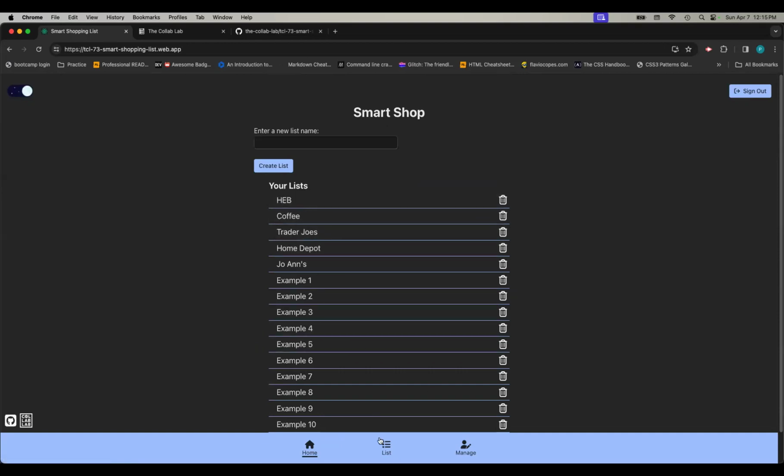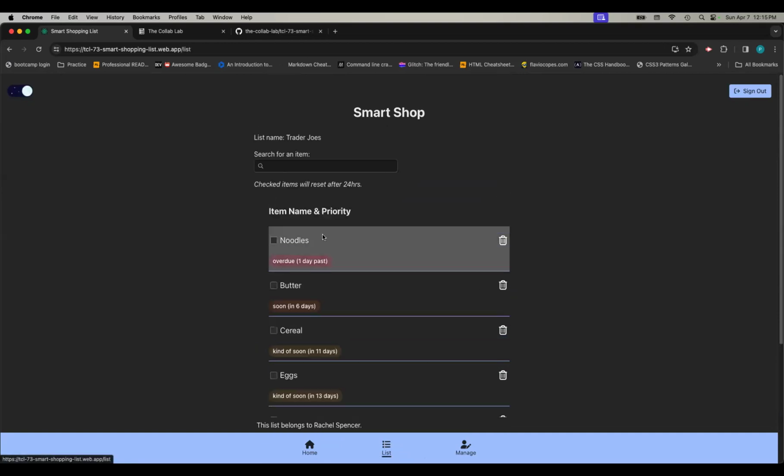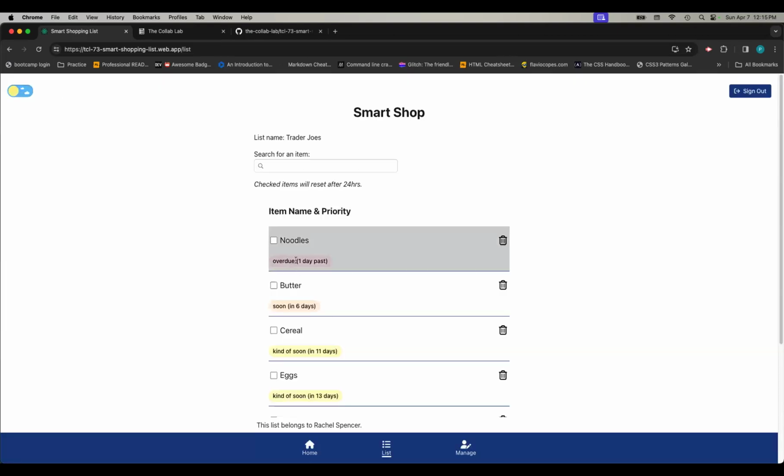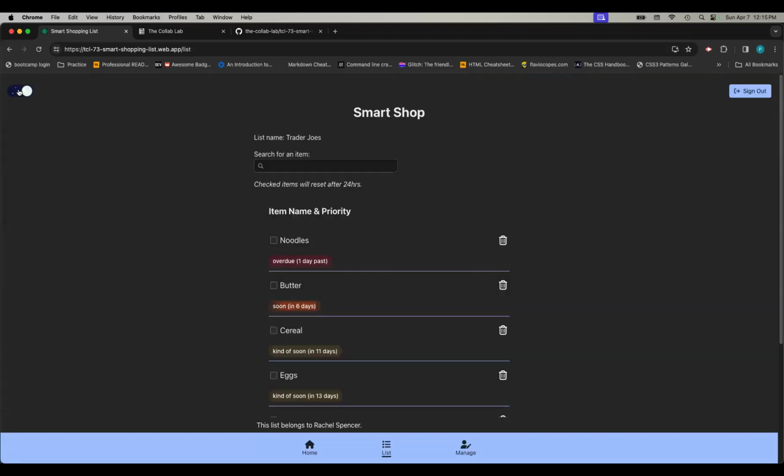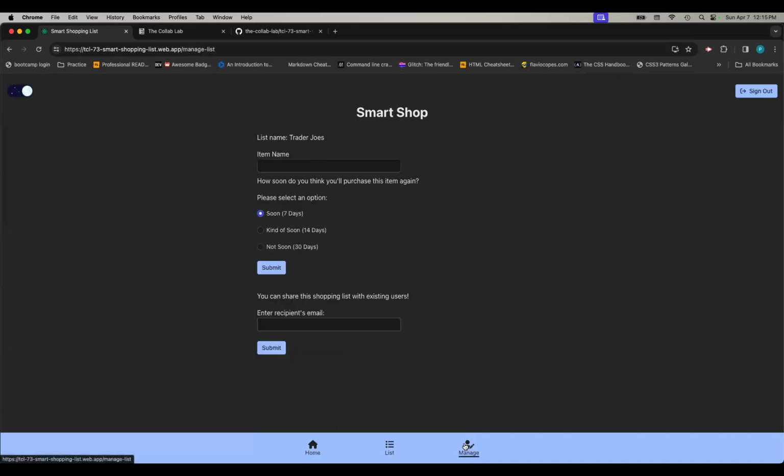And similar to how we thought of accessibility a lot, we had the text change also with the purchase priority badges in the light and dark mode. And then we